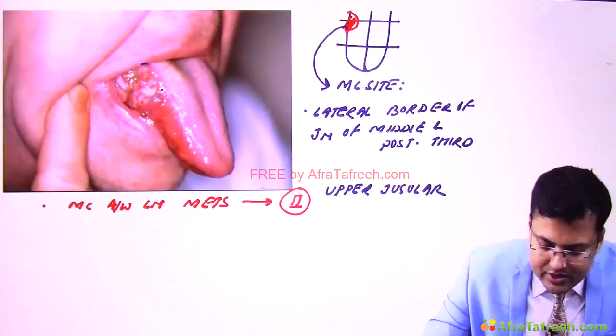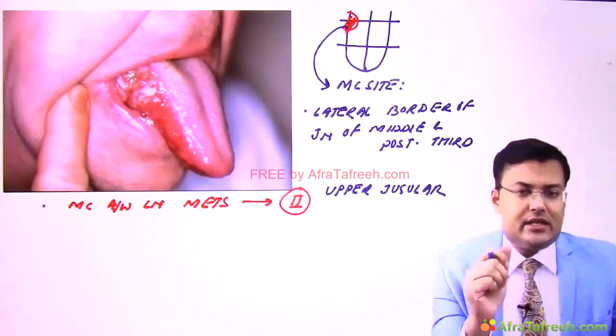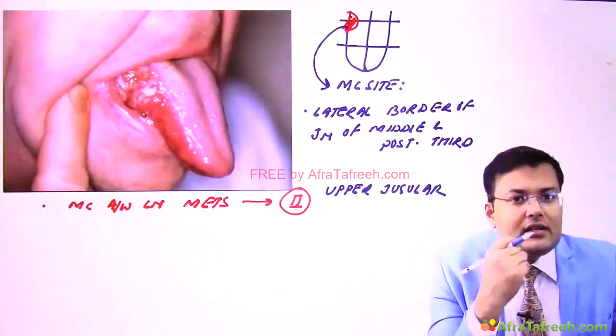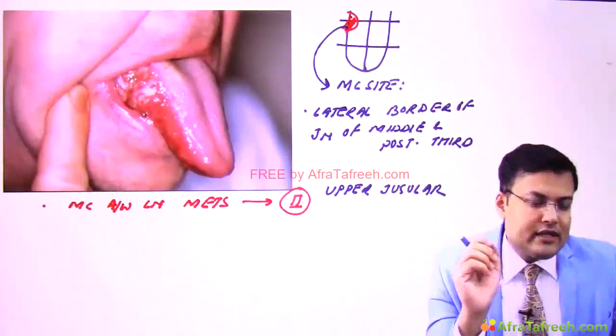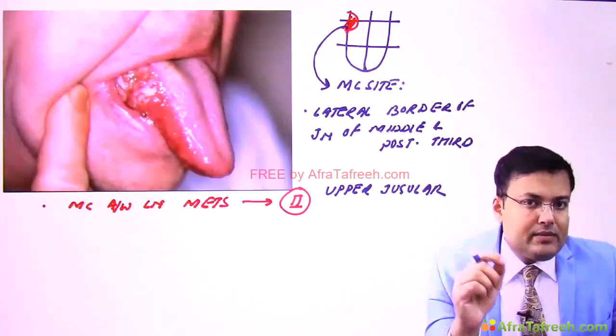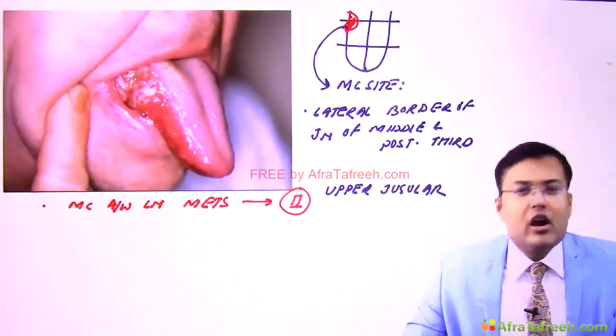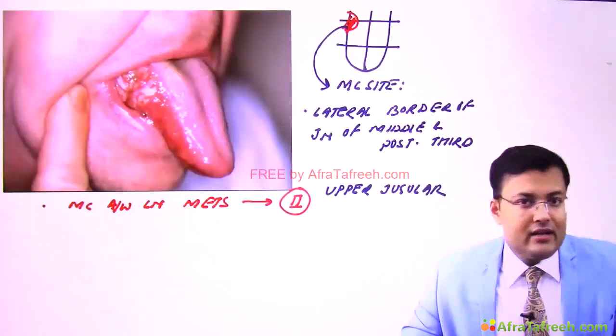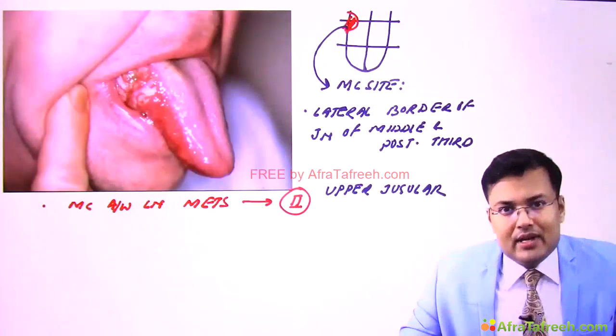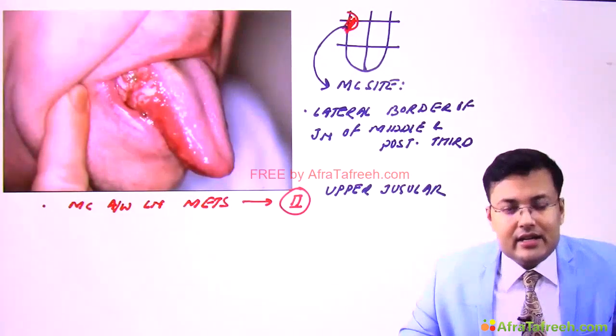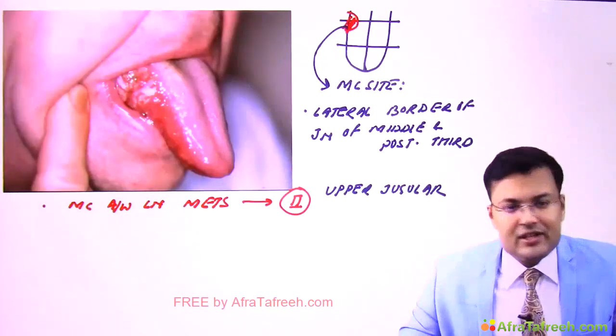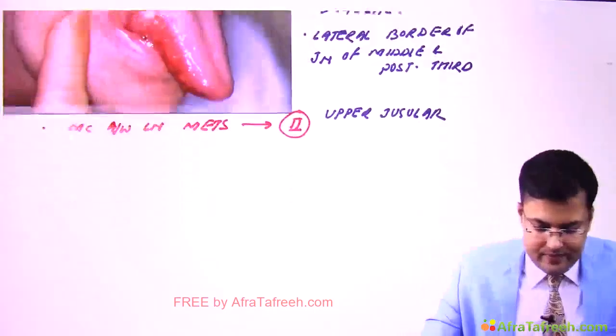You can see the presentation of this patient. A similar presentation is seen in most patients: an ulcer in the tongue, and because of this ulceration, these patients are not able to tolerate hot and spicy food. Clear? What is the most common type? It is the ulcerative variety. What is the most common presentation? Ulcer in the tongue.